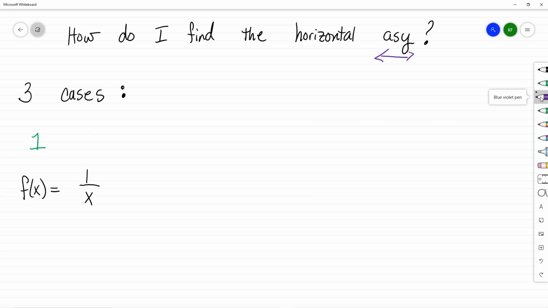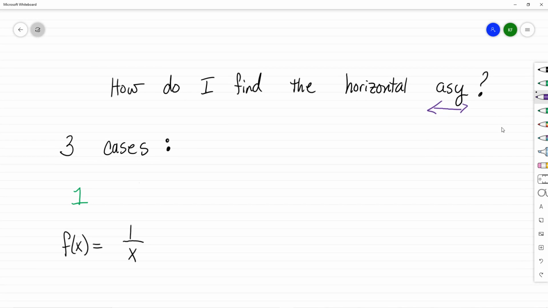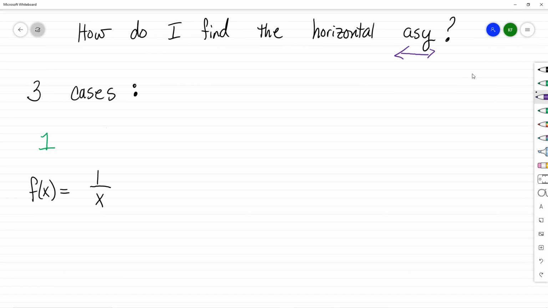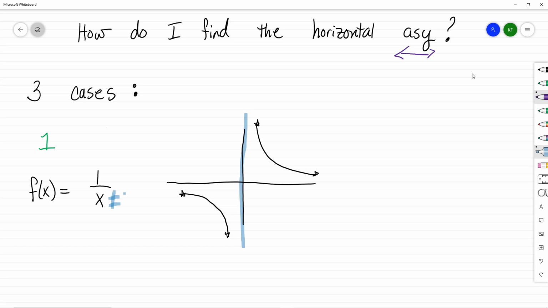And there are 3 different cases, and this is where we're going to actually learn why our parent function works. I'm just going to go ahead and draw out my parent function here, make a sketch. I'm not going to be super accurate because you know your parent functions really well at this point. So here's the vertical asymptote because x cannot equal 0. But we haven't really talked about this horizontal asymptote. You just kind of memorized it because we were learning the parent graphs. So this parent graph has an asymptote at y equals 0